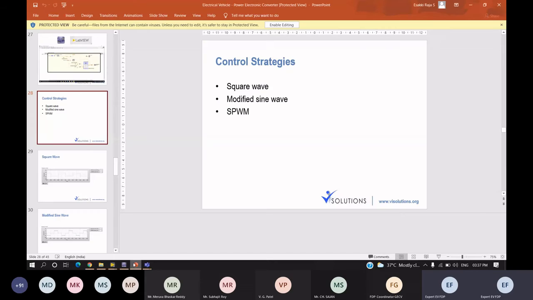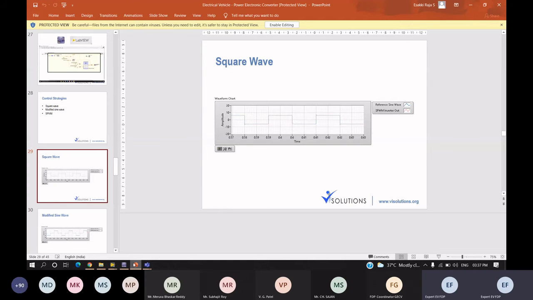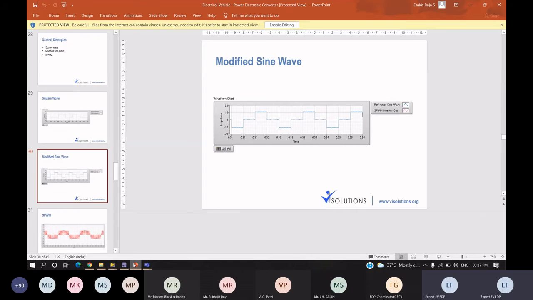Apart from that, we have two more strategies, which are a modified waveform and an SPWM waveform. Here I can show you the outputs before I get into the code. This is the output which we got now, the pure square waveform. If it is a modified sine waveform, this is how we'll be getting our output.